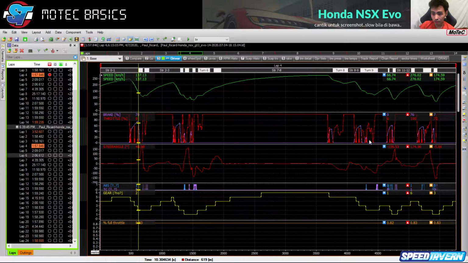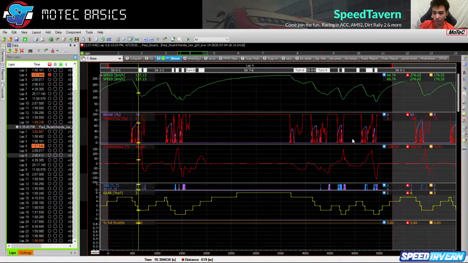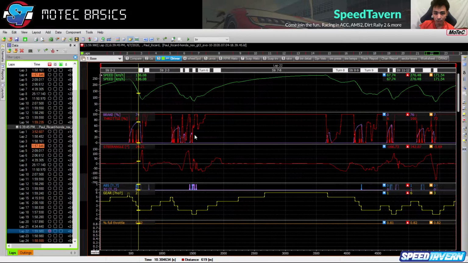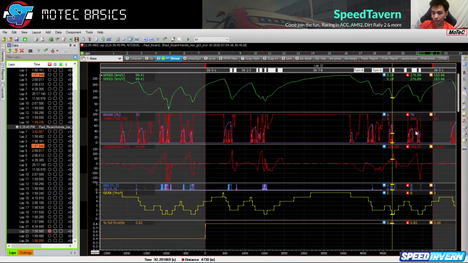You want to see instances where you are maybe mashing the throttle too much, that the car then becomes oversteering out of the exit, and then you have to lift off, and then you have to be on the power again, and this is where you would lose time basically. And unfortunately in this trace I don't have it, so let's try to find somewhere where we might be able to see this. Yeah, okay, so it's not in here, but